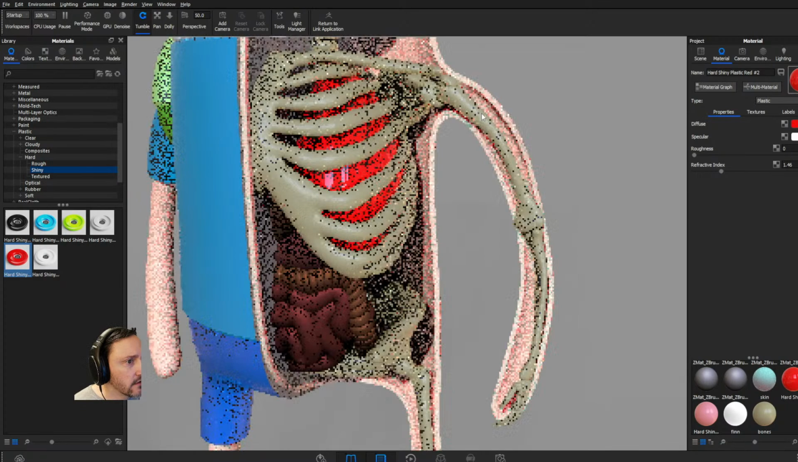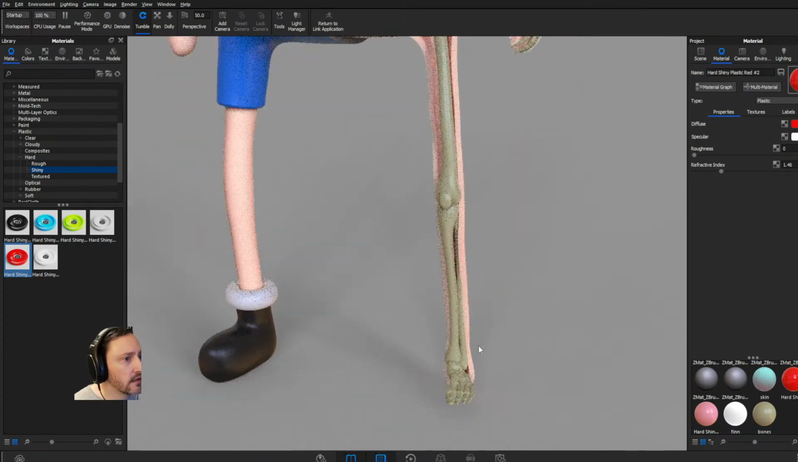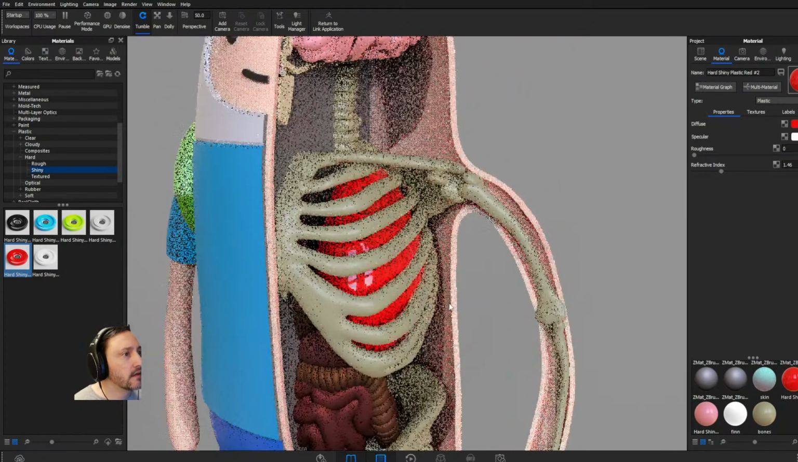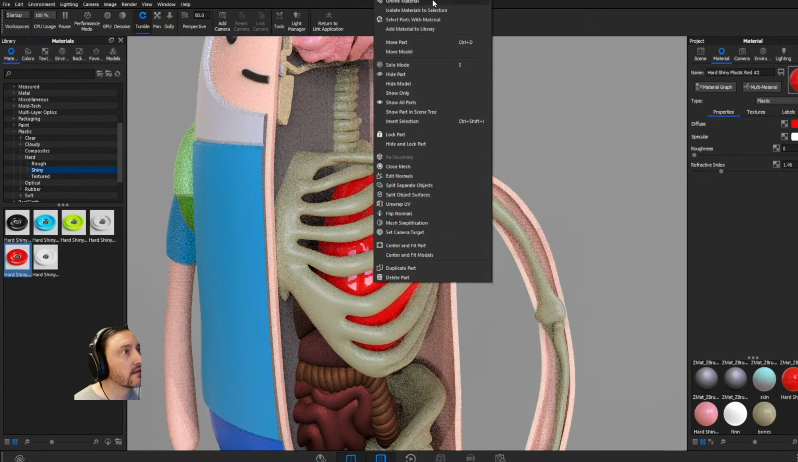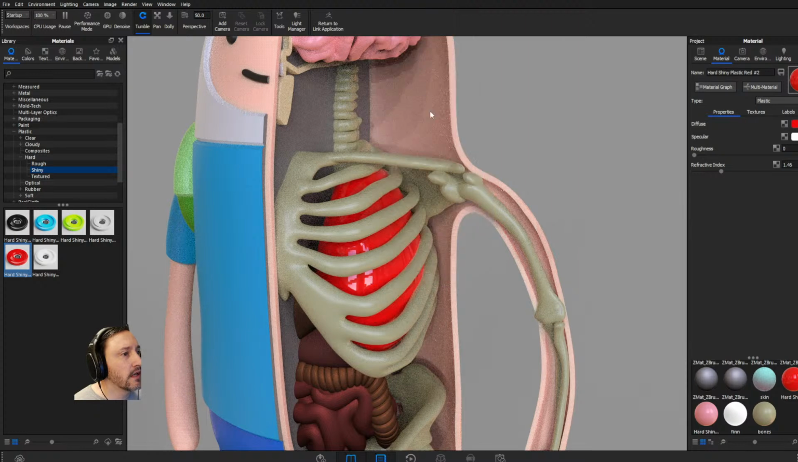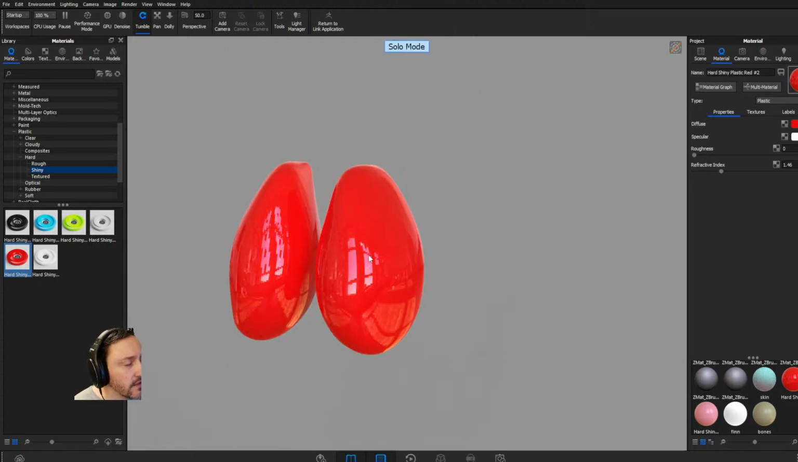Actually, there's probably some good examples here. Let's right click this and say isolate, solo mode S. There we go. So see how this reflection is really aliased and kind of nasty? I didn't bring it over with enough resolution, but that doesn't mean to go into ZBrush and subdivide it and send over 1 million polygons. All you got to do